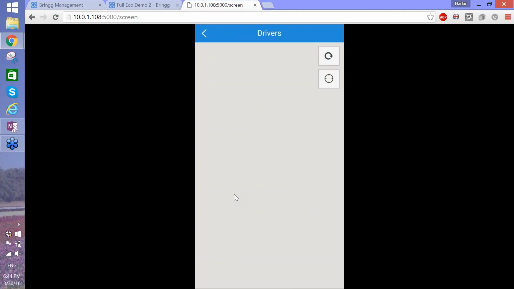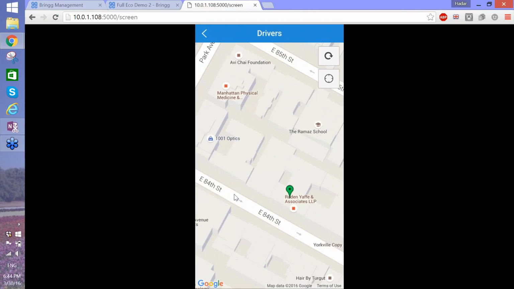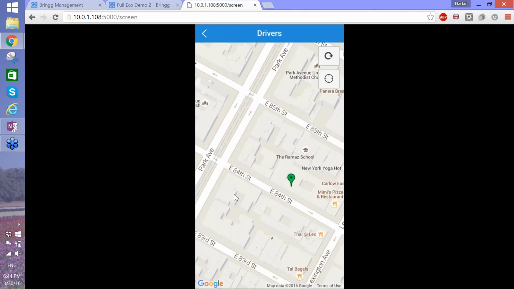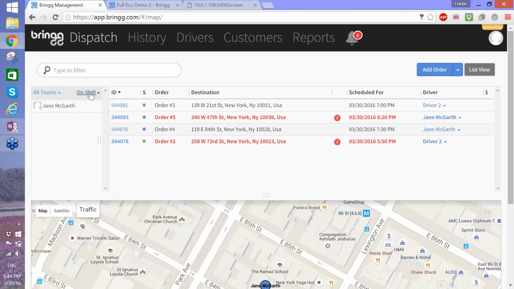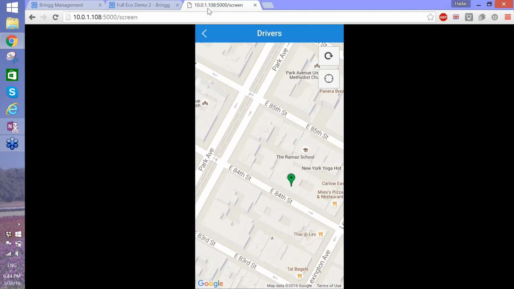So if I click on drivers, I can see where my drivers are. So right now I only have one connected, but if I had more, the map would scale and the map would be smaller, sorry, and show me more drivers. Now, just as we saw on the web dashboard, the on-shift online as a drop-down menu, on the dispatcher app we just see the drivers in colors. So online, we will only